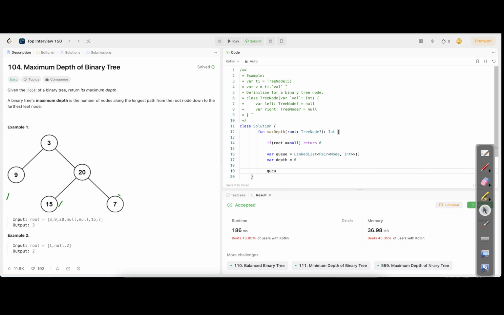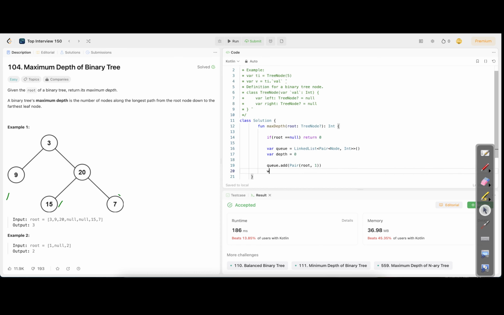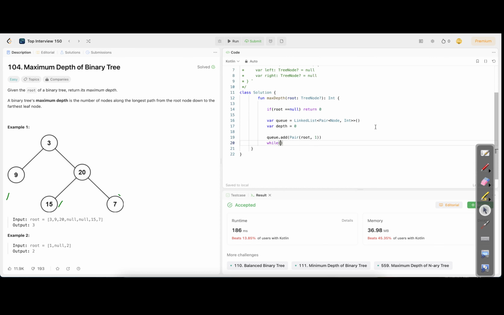The very first time, when I'm at the root, I should add it to the queue. I'm going to add the root to the queue as a pair, that is root and depth, which is 1. Now I need to iterate through the queue in order to calculate the depth of the binary tree. So how do we do it? Until the queue is not empty,